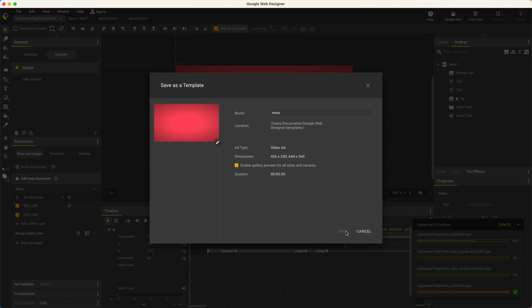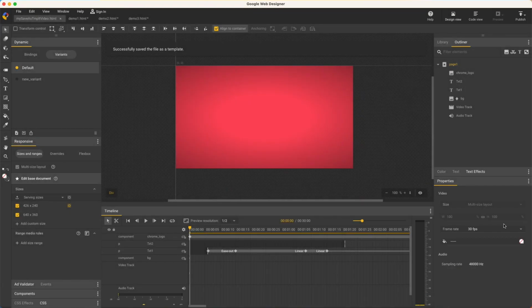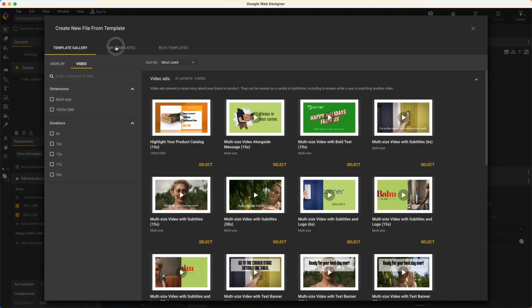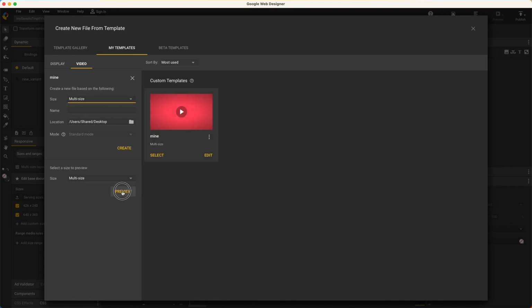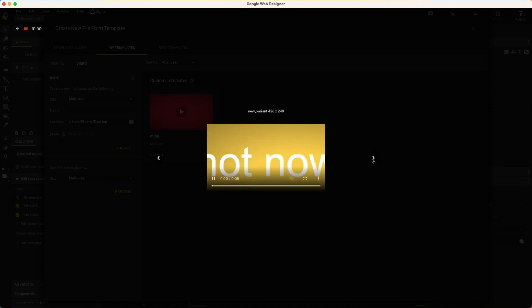All previews are being rendered, and if you have heavier files, then that's when you might uncheck that box to save time, in which case you'll still get a single preview of the default variant at the largest size. Now the next time I choose New from Template, under the My Templates tab, I see the one I just created. I get the hover preview, and the larger preview includes all sizes and variants that I can navigate through just like the built-in templates.